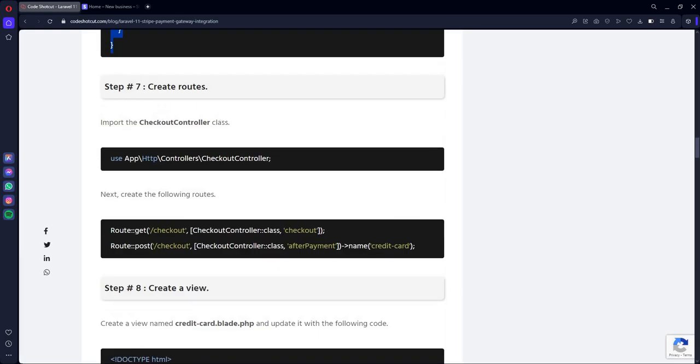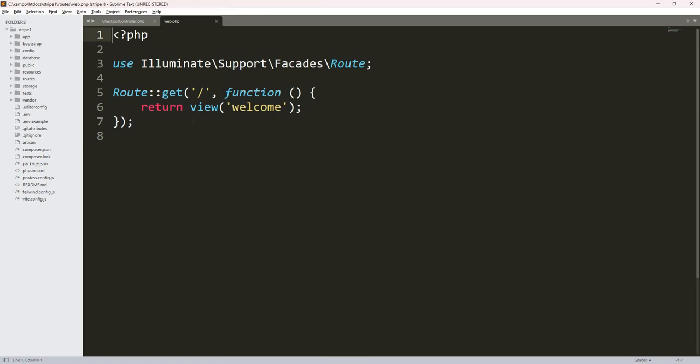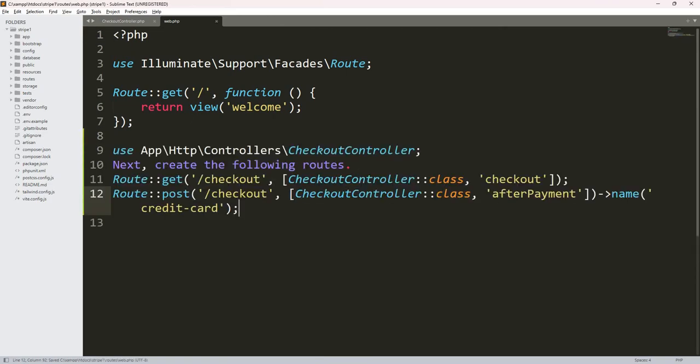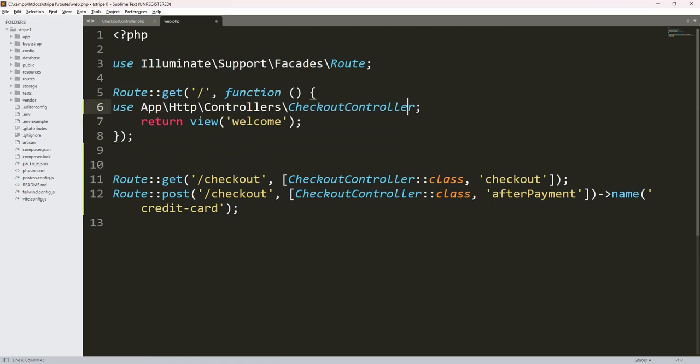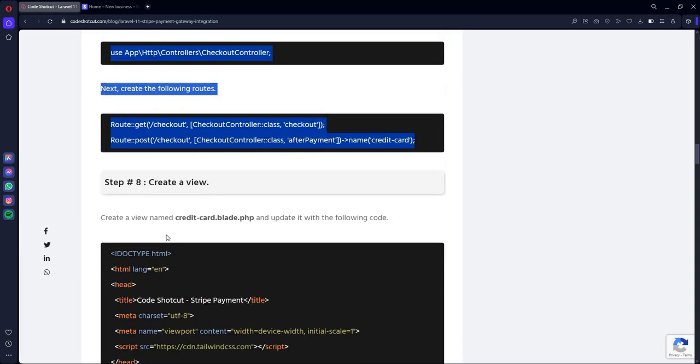Step number 7, create routes. So I will just copy it right like that, and let's move to web.php and define it right here. First of all, let's remove this. Okay, now we have our routes and we can simply move it up just like that. Okay, save it, done. Let's move forward, create a view and name it